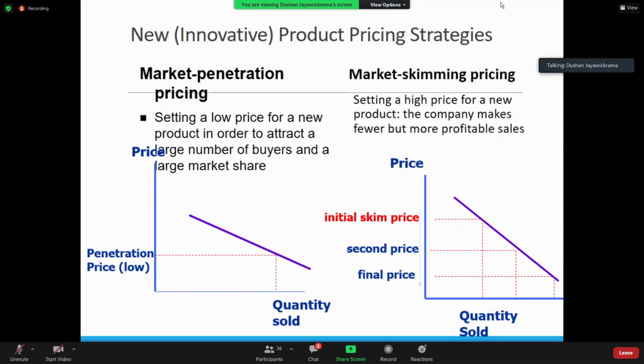Okay, so thank you. Sir, we have seen some products initially fix a low price, and with time they increase the price. What is that strategy? We can see that initially when a product is introduced to the market, they set a low price, but with time they increase the price. What is your name? Prasad. Prasad, thank you. It's more like a penetration strategy, because at penetration you start with a lower price,